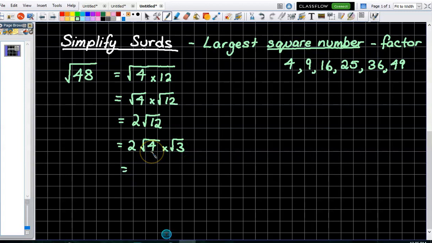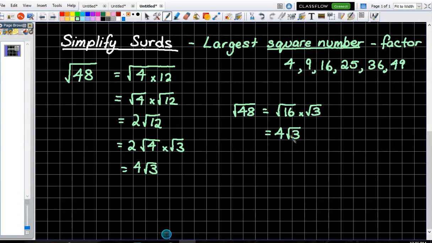What is the square root of 4? 2 2s are 4, so we get 4 root 3, if you had chosen your 16 right from the get-go. So you can get your calculator, 48 divided by 16, that's root 16 times root 3. What is the square root of 16? So you save yourself a whole lot of